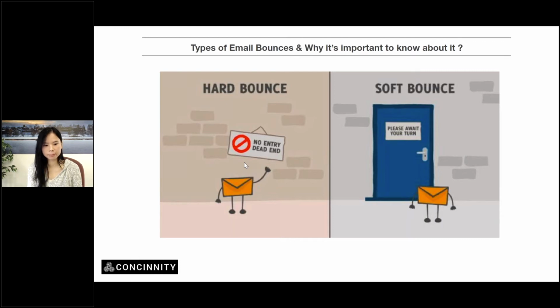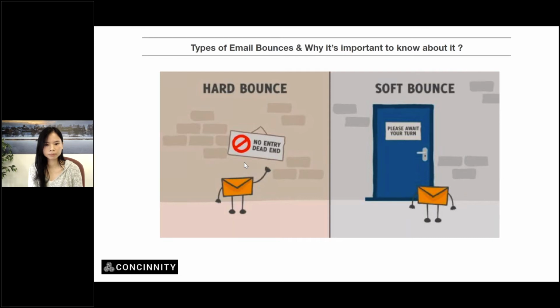Now, hard bounce is generally considered bad because it just means that your list is not good. You're randomly trying to send out emails. So usually, if your hard bounce percentage is very high, and when I say high, it again varies from tool to tool, but let's say it's around 30 to 40%, and it continuously remains at that level every single time you send an email, you basically won't be able to send email via that tool.